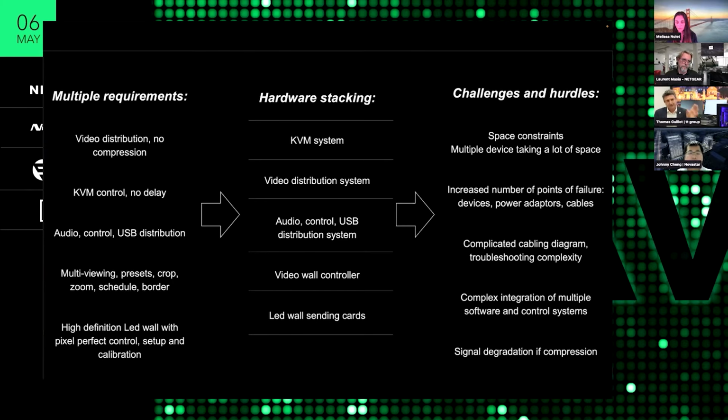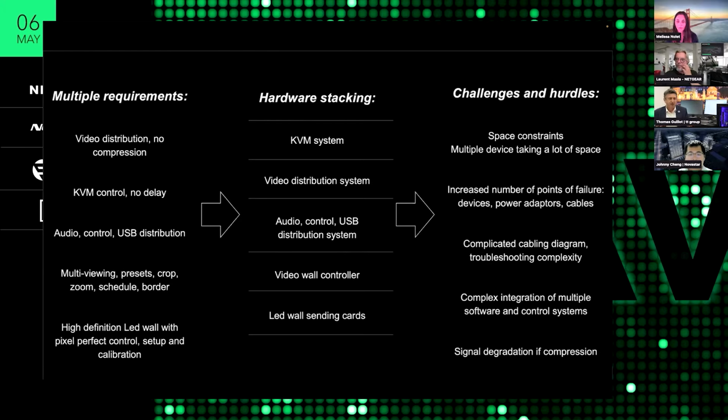On these slides, I'm presenting on the left column the multiple requirements that our system integrators will have to address, that I have described earlier, in the center column. The good news is that for each one of those challenges there is a very good solution: for KVM systems, for video distribution systems, for audio control and video controllers. There is a vast choice of video controllers that have a lot of functionalities, and there are also control systems